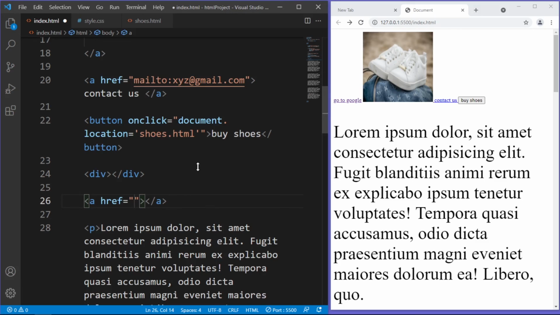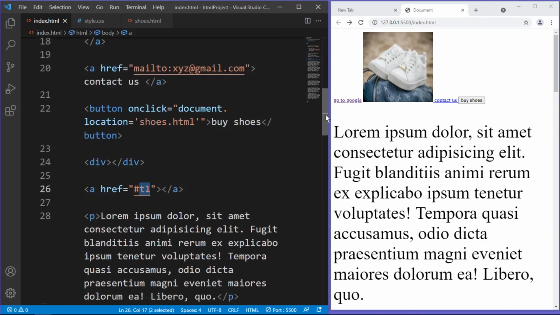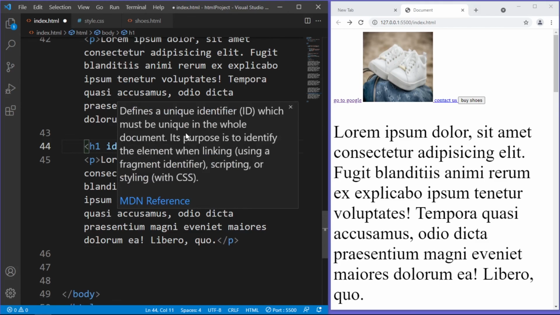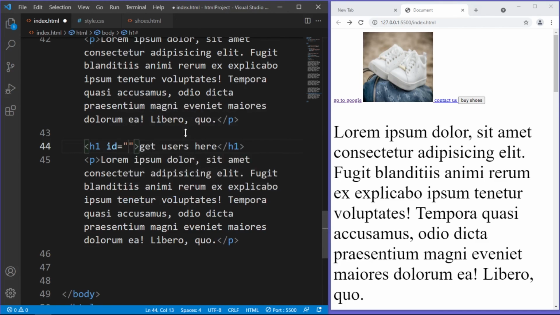Let's type in here hash, and let's make it T1. Hit save, and you will need to name your text. Let's add an attribute here, id equals T1. Hit save,